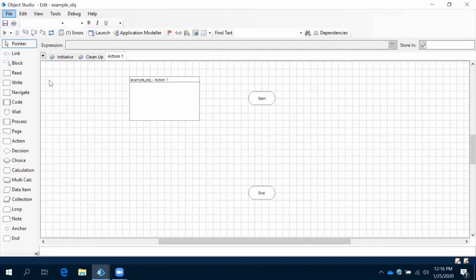For that, if you want to write anything in your application, you are going to use the write shape in your Object Studio. If you want to use any mouse click activities, then you have to use the navigate shape. And if you want to write something, we are going to use the write shape.